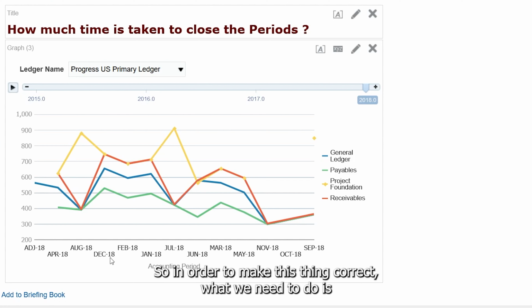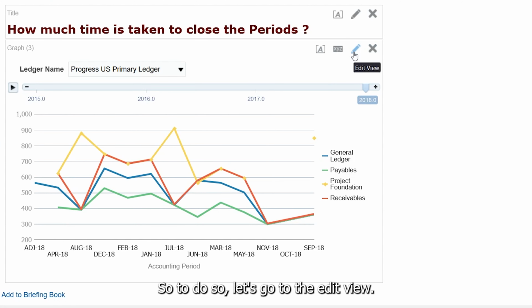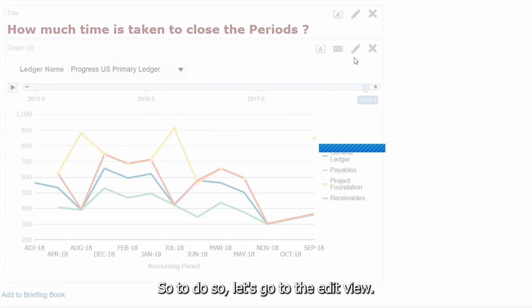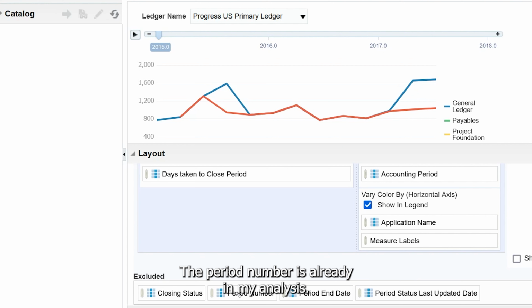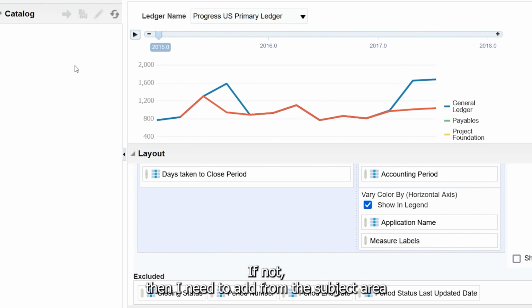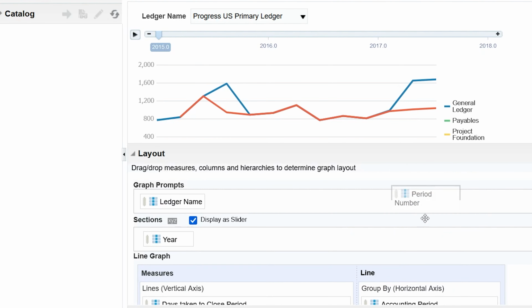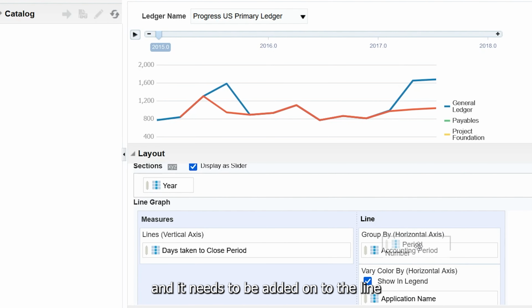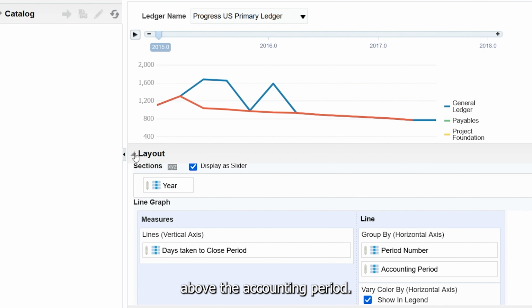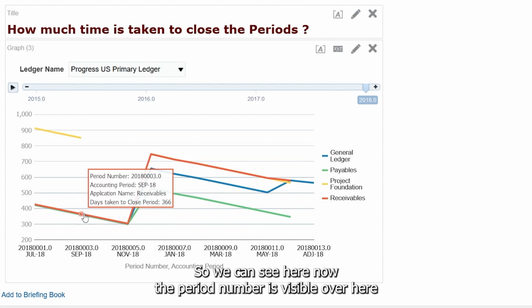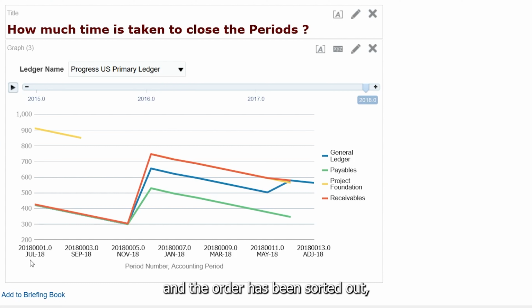In order to make this correct, we need to add a period number field onto the x-axis. To do so, let's go to the edit view. The period number is already in my analysis. If not, then I need to add it from the subject area, and it needs to be added onto the line above the accounting period. So we can see here now the period number is visible over here and the order has been sorted out,